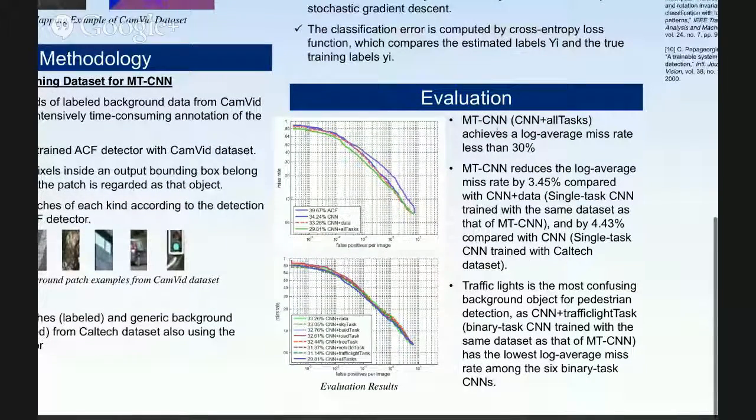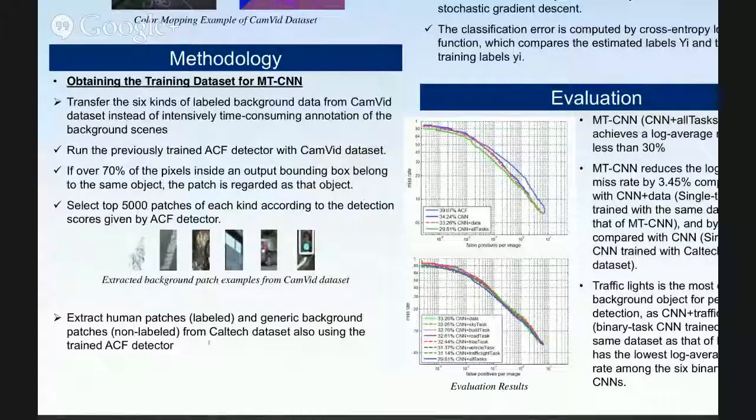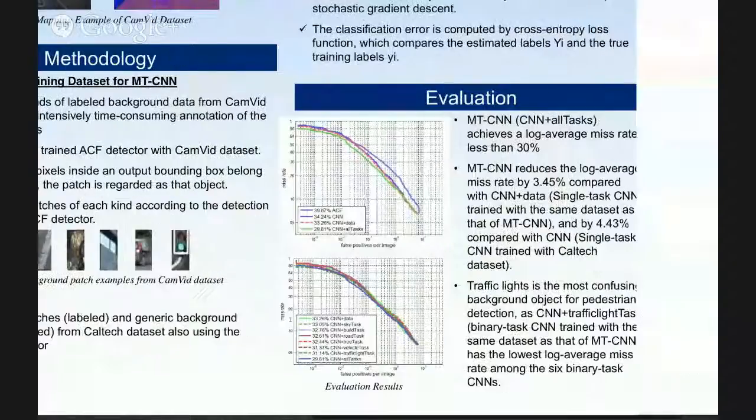First of all, MTCNN achieves a log average miss rate less than 30%. Compared with CNN plus data, which is a single task CNN but trained with the same data set as that of MTCNN, i.e. the data set talked about here,